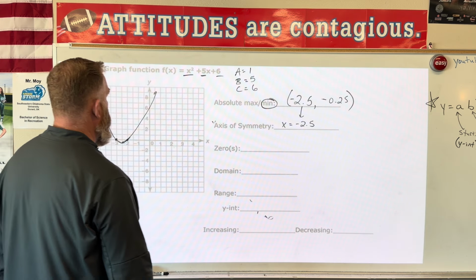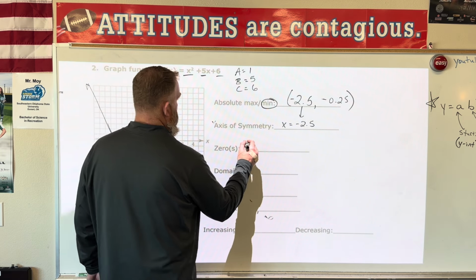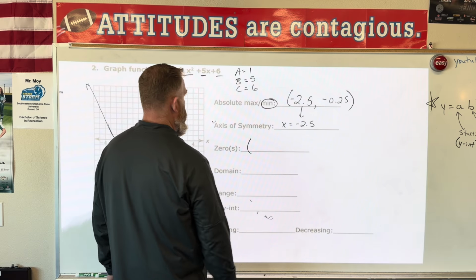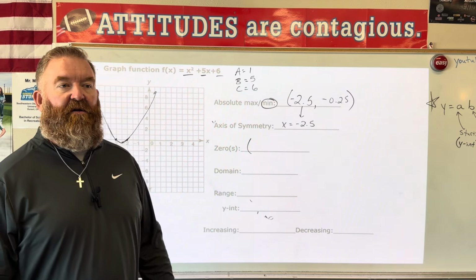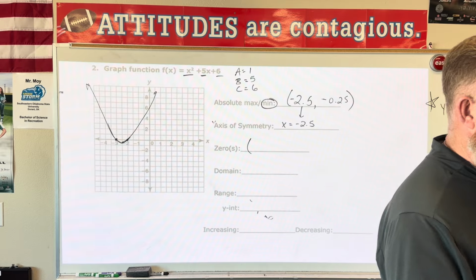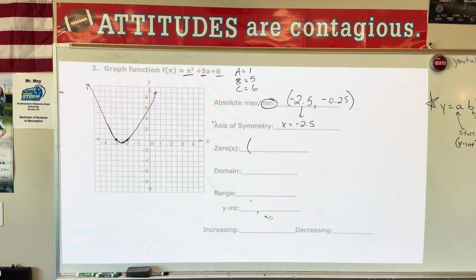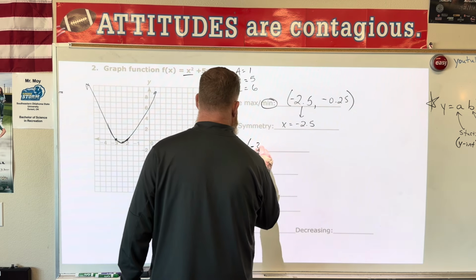What are my zeros? 0, 6? Not 0, 6. That's your y-intercept. What are the zeros that I'm looking for, guys? Look at the example above you. Look at number 1. What did I tell you to write down next to where it says zeros? X-intercepts. So what are my x-intercepts on this one? Negative 3, 0 and